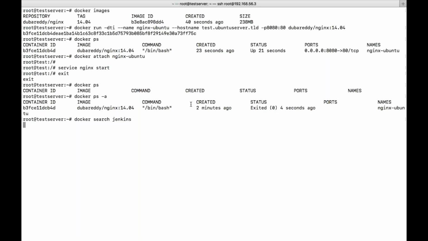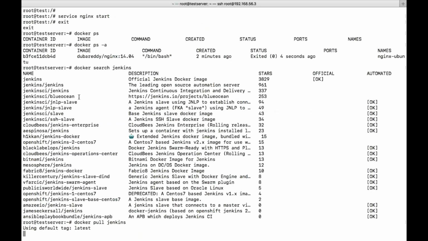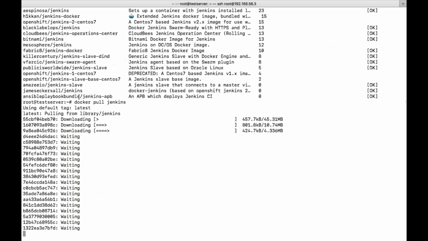So this is the official one. Docker pull Jenkins. We have these many layers for this Jenkins. Obviously, the size of the image will be a bit high.